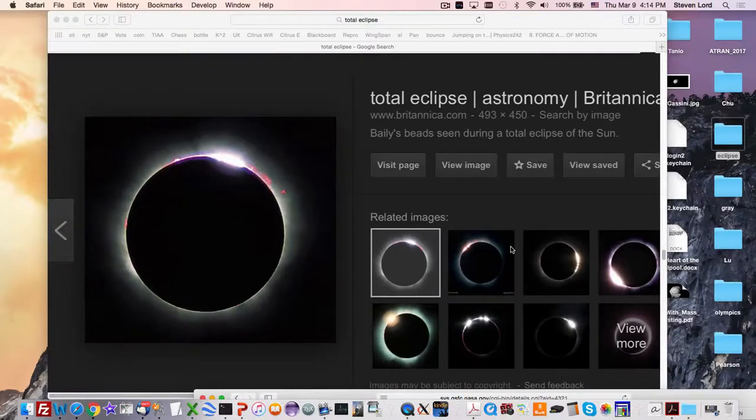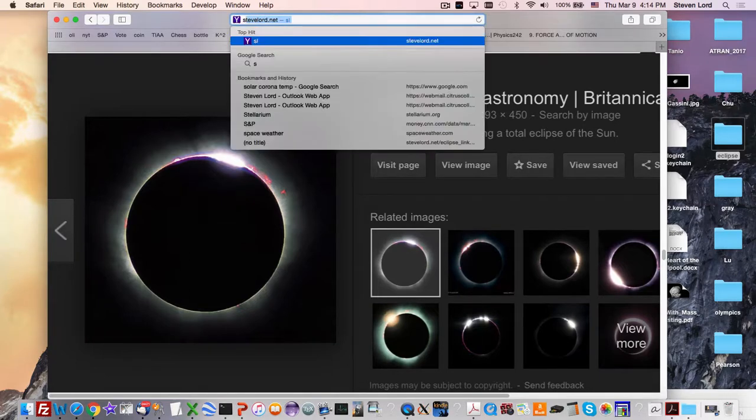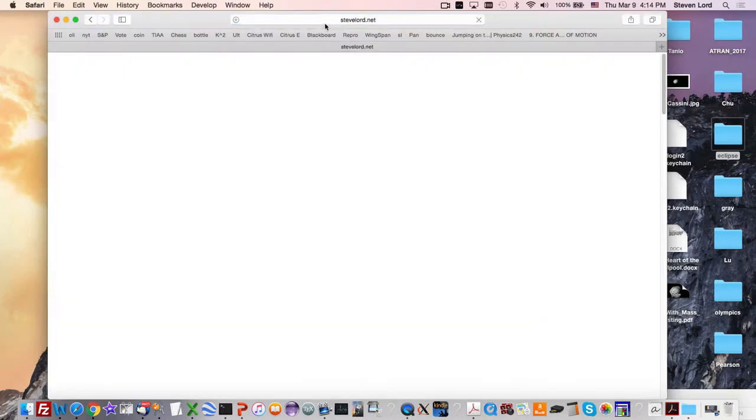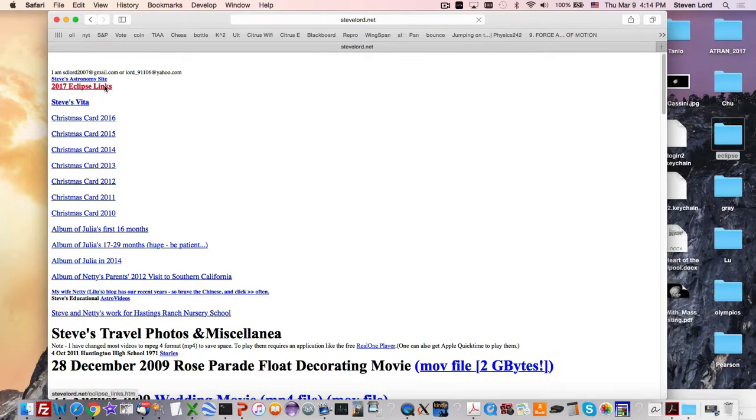Hi, astronomer Steve Lord here with tips for planning your 2017 August total eclipse experience, and also some ideas on how you could do a simulation on your computer of what you might see from where you're planning to observe it. So go to stevelord.net,